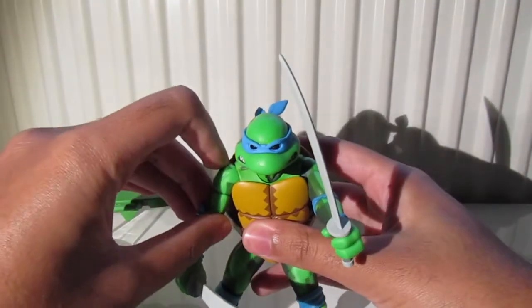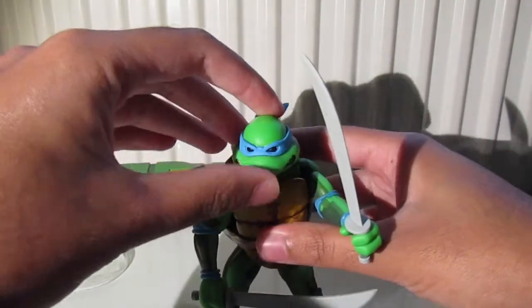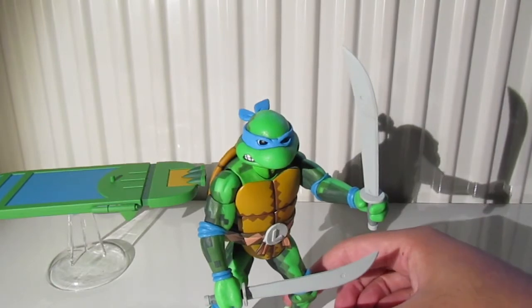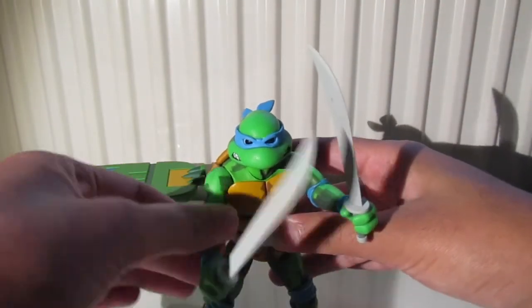Getting the arm to come out is kind of impossible, because if you put too much pressure on it, it seems like it is about to snap. So you obviously do not want to break the figure, so it's best just to leave it there. But